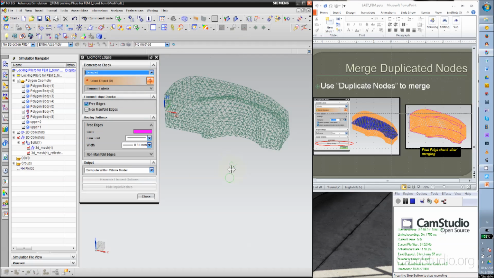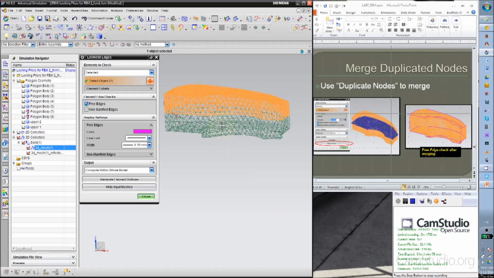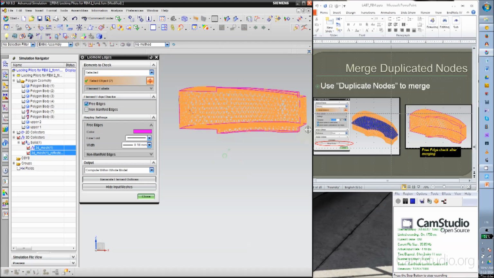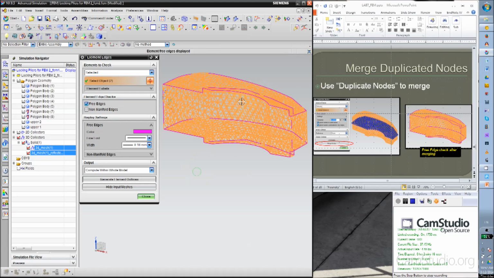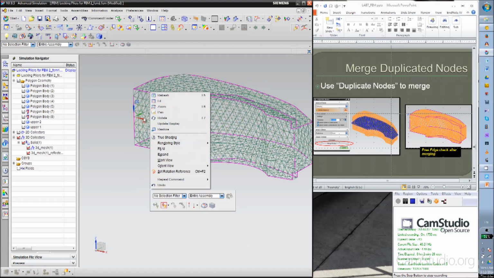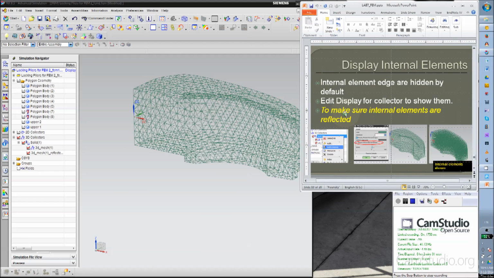Okay, now let's go back and use the element edge. Check this mesh. Bear in mind there are still two pieces of mesh. They're individual pieces. However, if you generate the element outline, you don't see the free edge in the middle. So when you run a simulation, this one is considered as a unified piece. Okay. All right. And the last thing is some